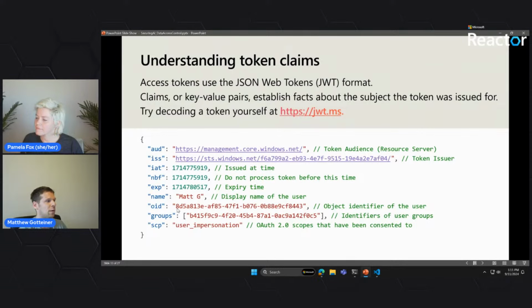There are some special claims that we're going to take advantage of in order to implement this authentication, namely OID, which is the object identifier of the user. It's a globally unique identifier. So even though I'm mapped to the system, I'm 8D5 and then a bunch of other characters and numbers. I could also be a member of groups. Basically, groups are collections of users. Let's say I've got a bunch of PDFs that users A, B, and C can have access to. Rather than having to memorize all their object identifiers, I can just use a group and say, hey, this group has access to it. And that dramatically simplifies managing access.